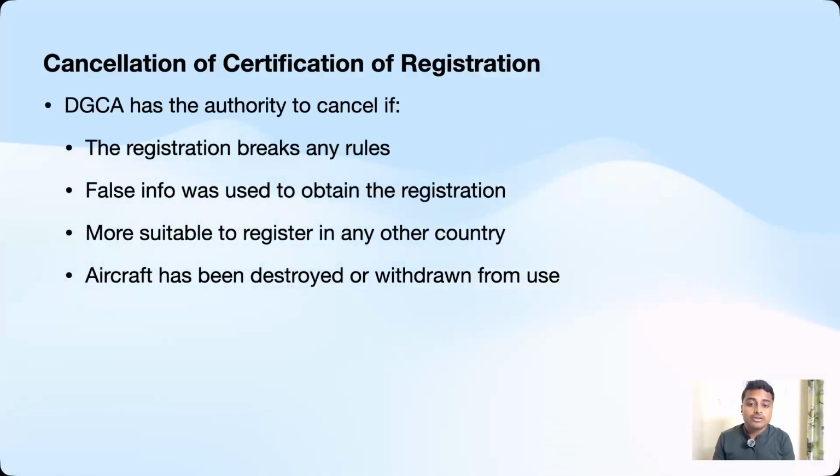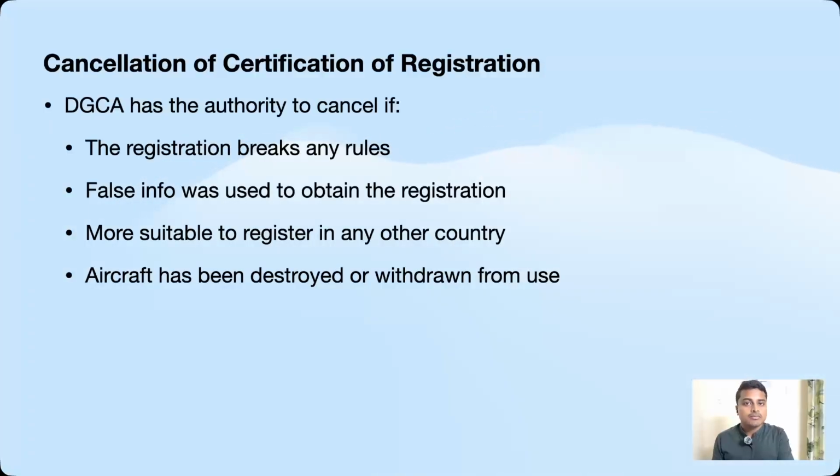Now, what are the rules behind the cancellation of the registration of certificate? Why do we even need to cancel the certificate of registration? So these are the rules regarding the cancellation of the registration of certificate. In any case, only DGCA has the authority to cancel. If the registration breaks any rules, if false info was provided to obtain the certificate, or if it was found that it is more suitable to register the particular aircraft in any other country,